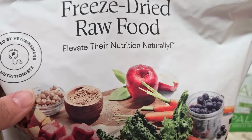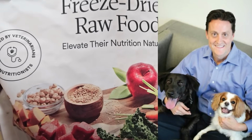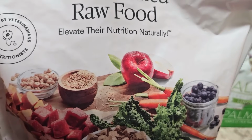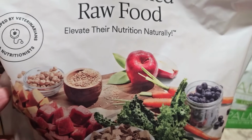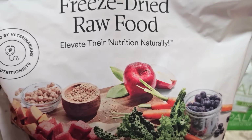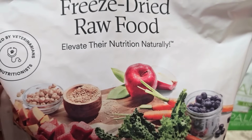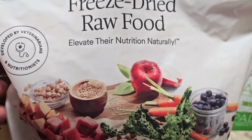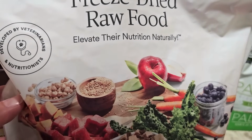The company was actually founded by a guy who left the traditional commercial pet product industry because he didn't like how they were being asked to cut corners with quality in order to keep costs down. So he started his own company with a vow never to do that and to put pets' health and well-being first and foremost. And that really spoke to me because I've seen firsthand how those cheap commercial products can harm